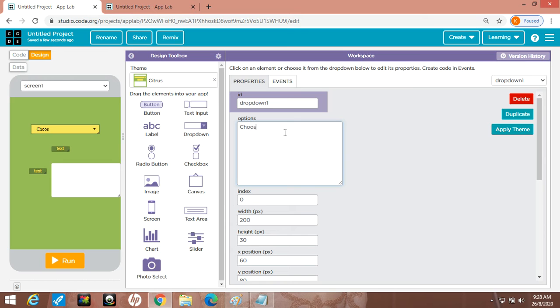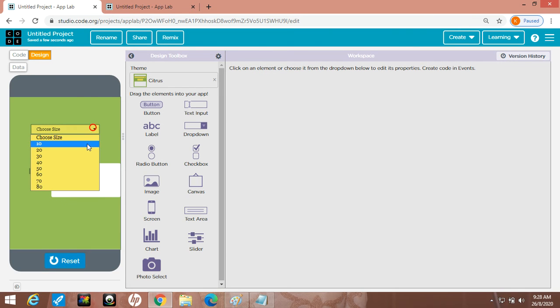Then write 10, 20, 30, press enter, 40, press enter, 50, press enter, 60, then 70, then 80, like this. Means you can choose an option here. Now these options will appear. Look at this, run it: 10, 20, 30, 40, everything is appearing here.